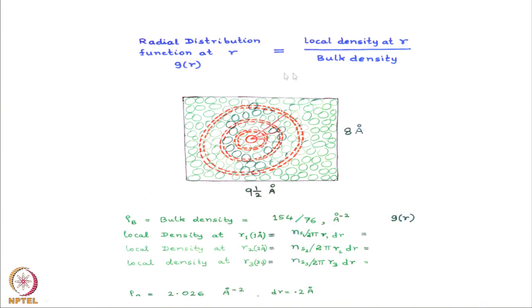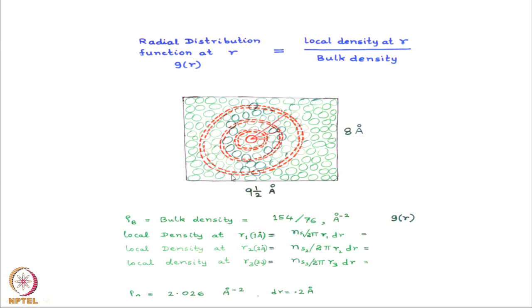So, this is a two dimensional area. In that area, what I have done? I have taken a central particle here; the red particle is the central particle. At several distances from the central particle, I construct these shells. Now, in 2 dimensions, this shell is nothing but that area. So, what will be the area? The area will be pi r square dr. For the inner shell, it will be pi r square dr. For the outer shell, it will be pi r square dr, where this r is bigger than the inner r.